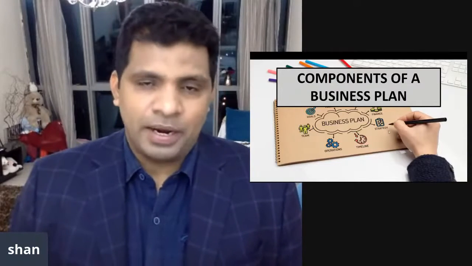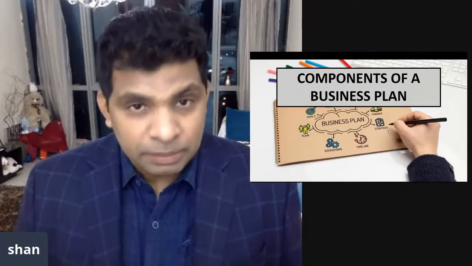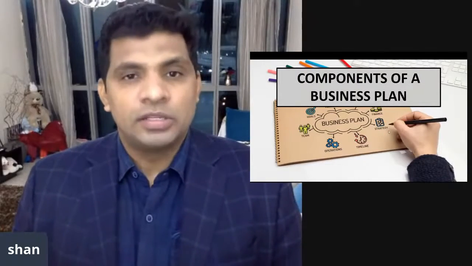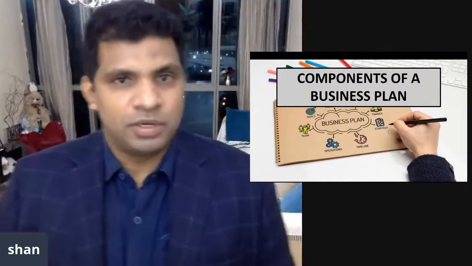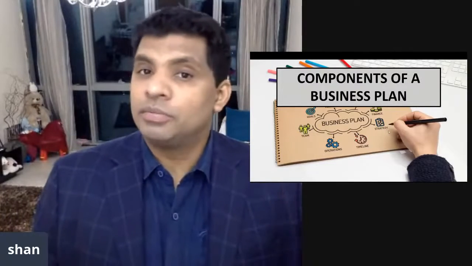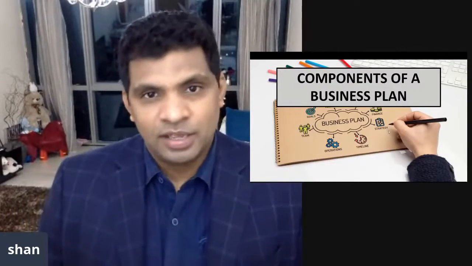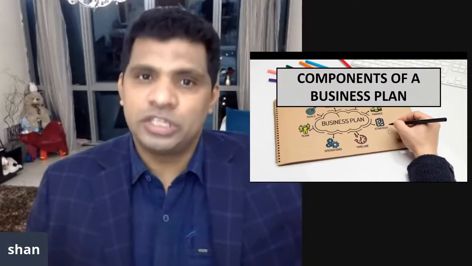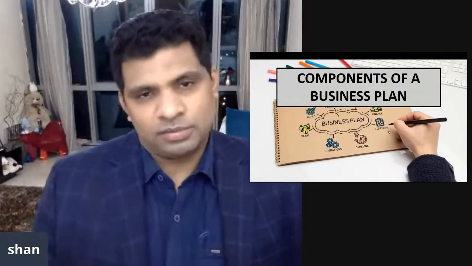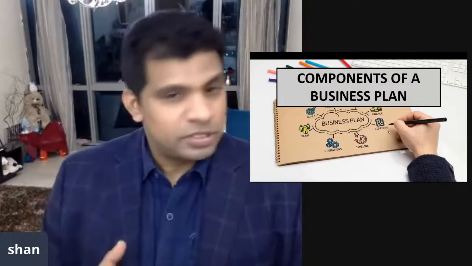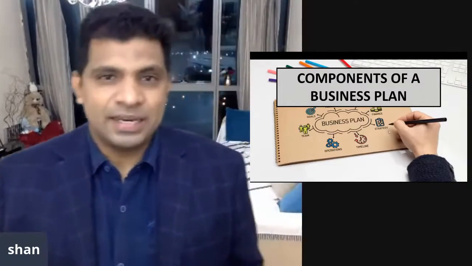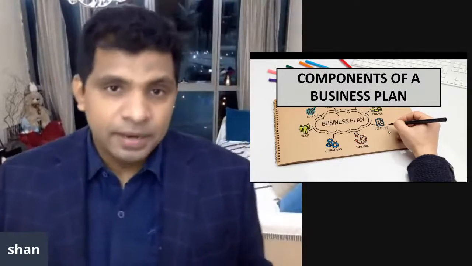Then another important part is the three people, as I mentioned, who need to understand. In the same way we have three documents as well. One is something called a vision document. Once we create a vision document, then we go for a business plan. The vision document says, I want to do this, this is what I want to achieve. For this, the action plan. So the vision document is first, then the business plan document, then go for a pitch deck. The pitch deck is how you present this plan